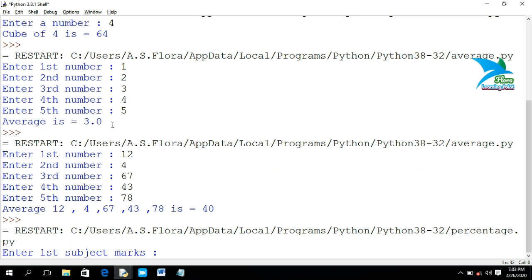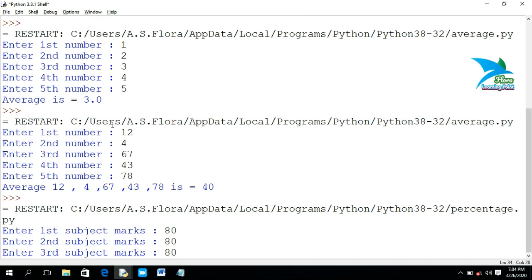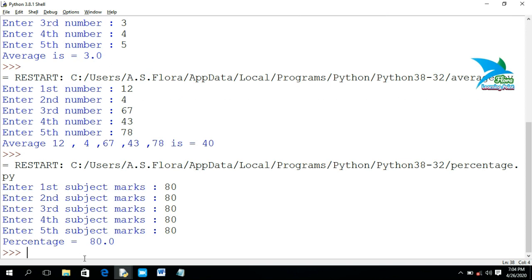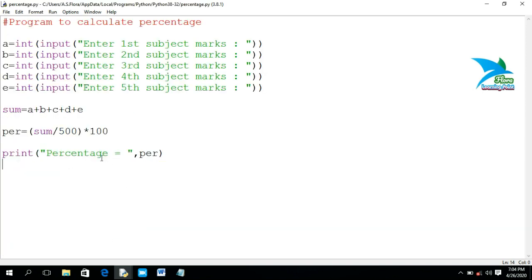Then now I'll give 80 in each subject to check the correctness of my answer, because if you enter 80 in each subject, then the percentage will be 80 also. Now the percentage is 80. Now you can check that the answer is correct. Now you can give any different numbers in each subject also. So if you want to display it in a formatted order, then I want to print your total marks are this, and percentage is this. You can also print like that,